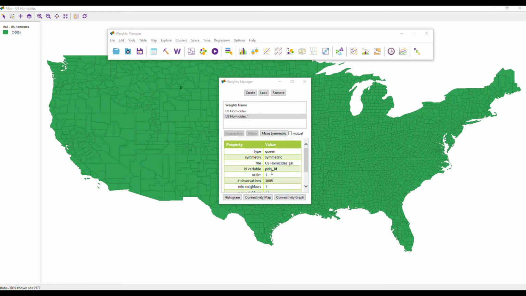So yeah, and this is it. Let's remove this. So you see, you have the US county now. It tells you that it's Queen and it's symmetrical. The ID identifying variable is the poly ID, the other is the number of observations in terms of number of